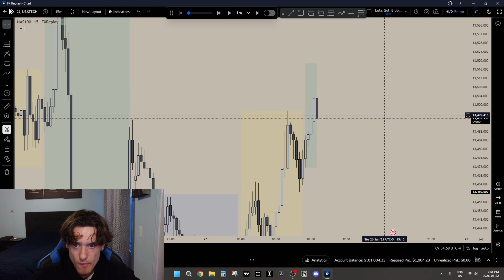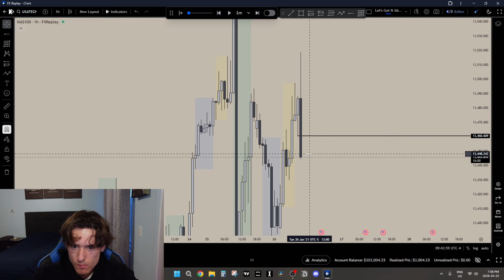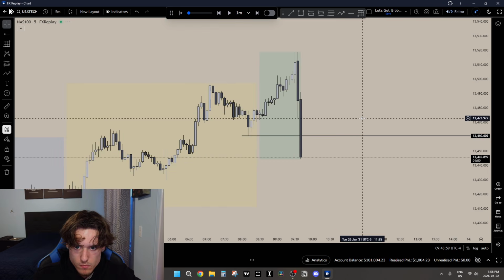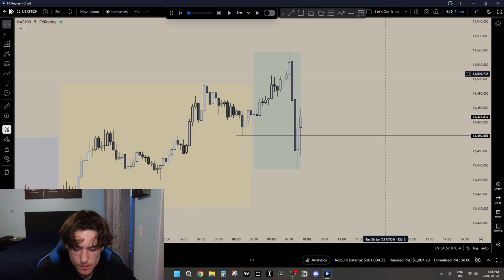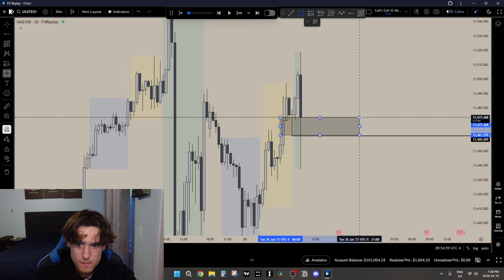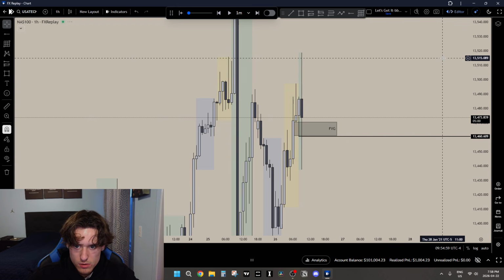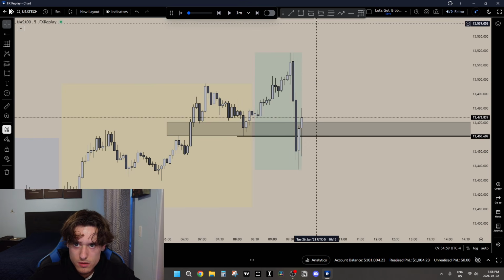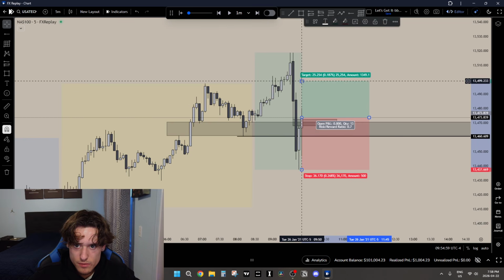Let's see. Okay. Okay, now we taking out the zone. Let's go on the hourly. I would honestly really like for us to respect this. I think I'm gonna take this. This looks really nice. So draws on liquidity are higher. We're tapping inside of a gap. Hourly looks very nice. We're wicking it. 30 minutes, we're wicking it. And we have this closure of this inversion. I think this is a pretty solid entry.